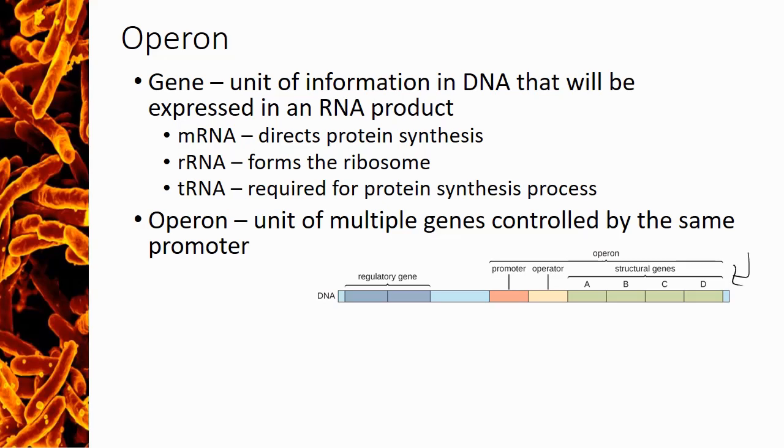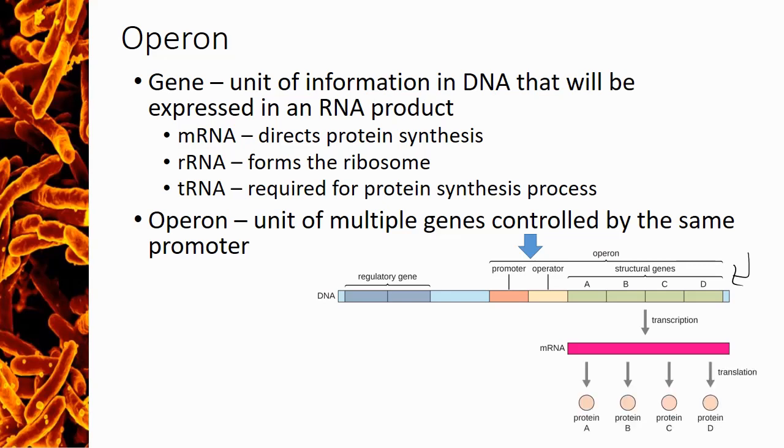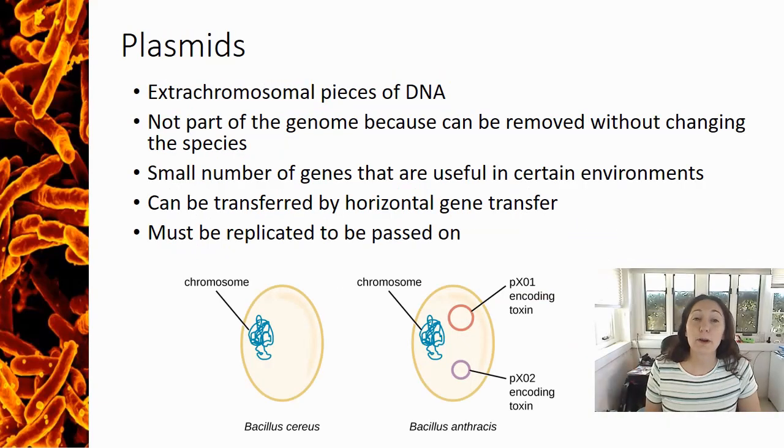An operon is a single series of genes that are all transcribed into one continuous messenger RNA product because they're controlled by a single promoter and regulatory region. We'll talk about those DNA regions in the next couple of videos. The single piece of messenger RNA is then used to translate each of the individual proteins that represent the individual genes of the operon. Remember that bacteria can also contain plasmids, circular pieces of DNA that were not part of